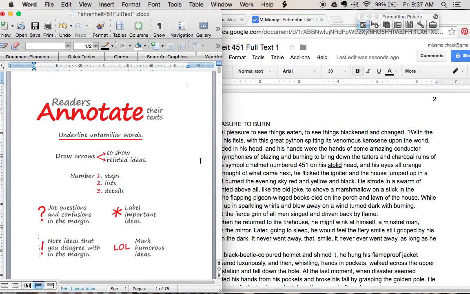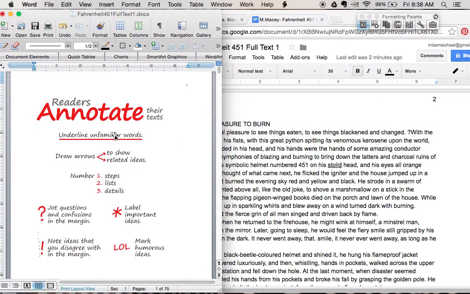Now, annotation is also known as reading with your pen, and it is a super useful technique and strategy for understanding a text, for making connections to it. It's something that you use a ton in college. Most of my college books are written in, they have questions on the side, they're highlighted, underlined, I have definitions in them. I think it's awesome. I love it. And so I'm going to train you guys on how to annotate. This is really just a simple, easy way to start annotating. And so we're going to take these instructions and we're going to apply them to our Google Doc.